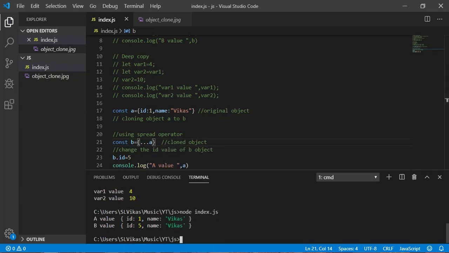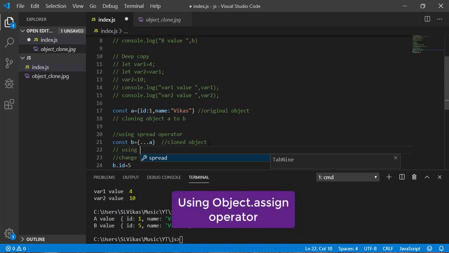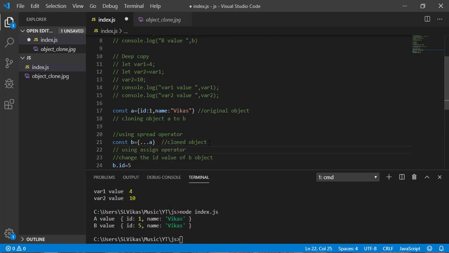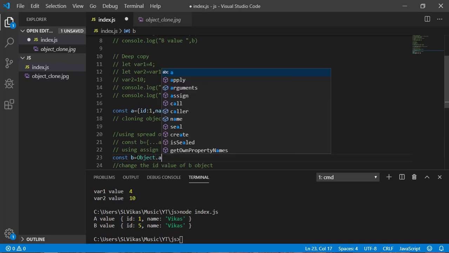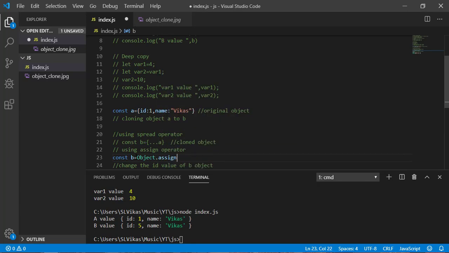So you can see here I am getting id equal to 1 in original one, and now this change is reflecting to b only. This is the one way. The next one I can do using assign operator. Okay, so how we can do? We need to copy the same thing and comment this line, and here we can write object dot assign, and you need to pass two parameters.